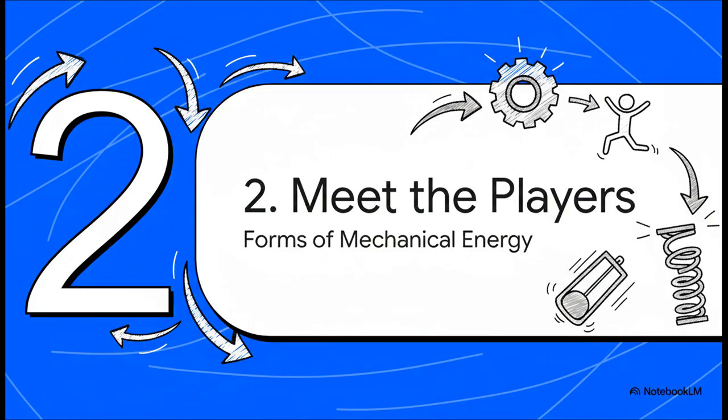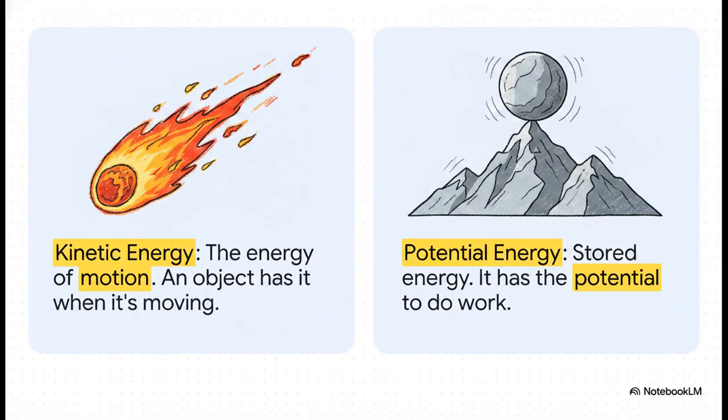Well, when we're talking about the world of motion, we're mostly dealing with two major players on the field, so let's meet them. On one side, you've got kinetic energy. The easy way to remember this is it's the energy of doing something. If an object is moving at all, it has kinetic energy. On the other side is potential energy. You can think of this as waiting energy. It's all stored up, just waiting for its moment, ready to be converted into another form, which is usually kinetic.